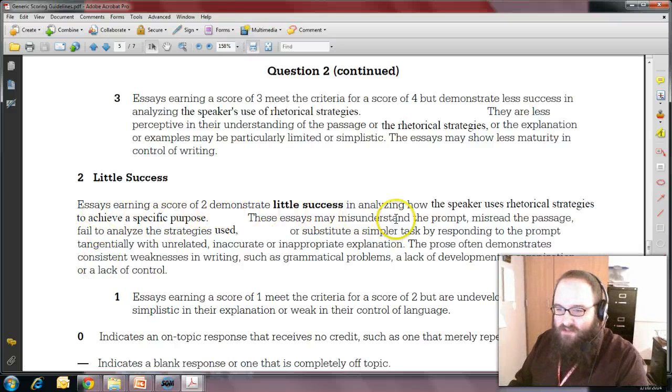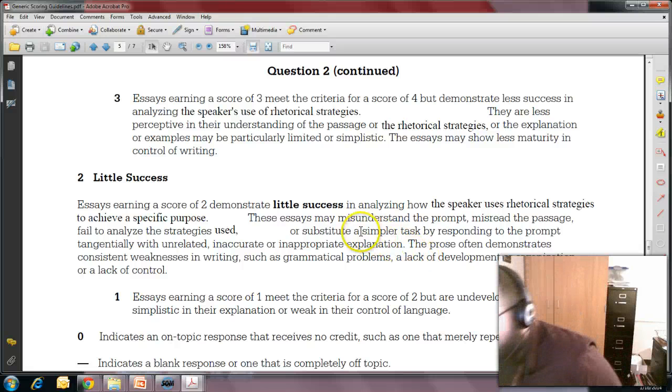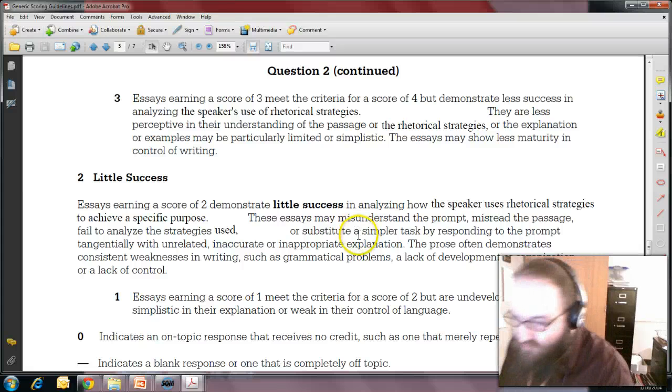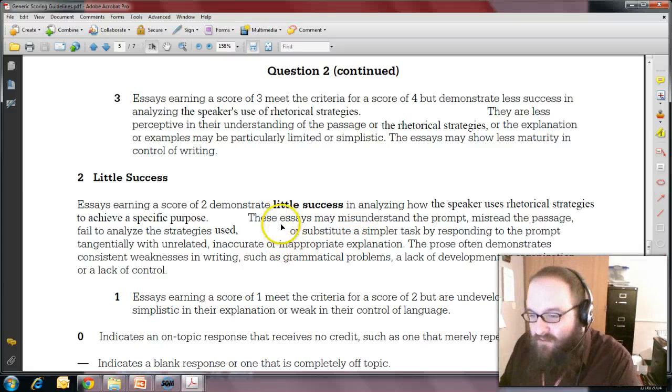Essays earning a score of 2 demonstrate little success in analyzing how the speaker uses rhetorical strategies to achieve a specific purpose. These essays may misunderstand the prompt, misread the passage, fail to analyze the strategies used, or substitute a simpler task by responding to the prompt tangentially with unrelated, inaccurate, or inappropriate explanation. The prose often demonstrates consistent weakness in writing, such as grammatical problems, a lack of development or organization, or a lack of control. Essays that earn a score of 2 did not complete the task as the task was given